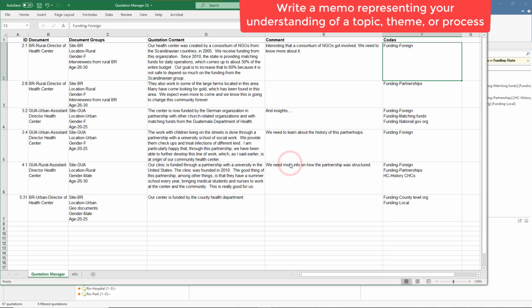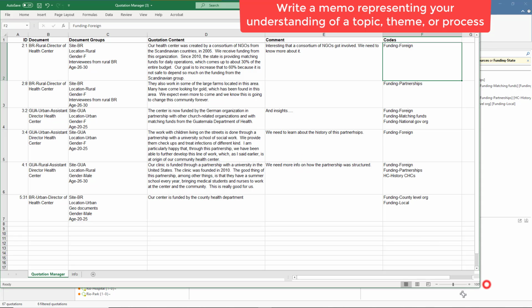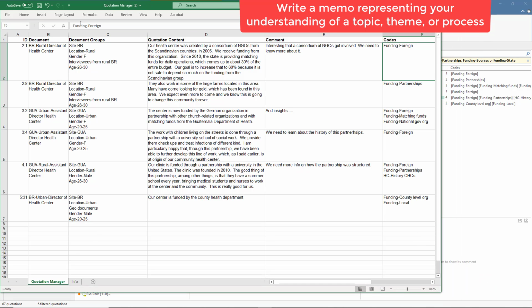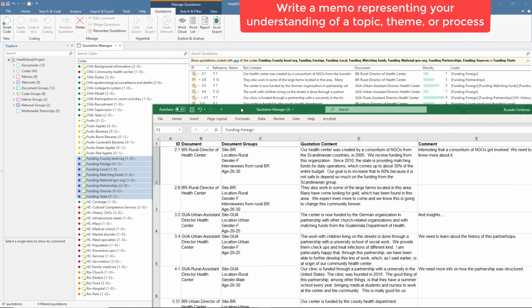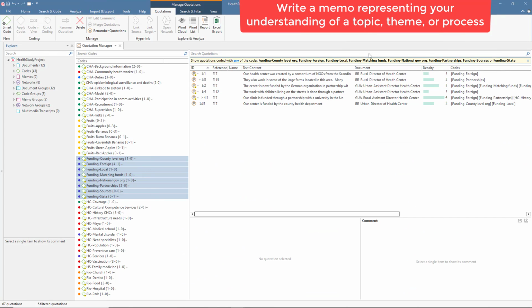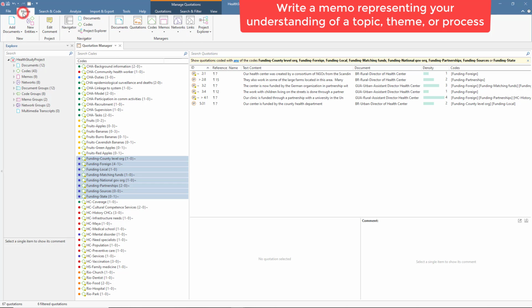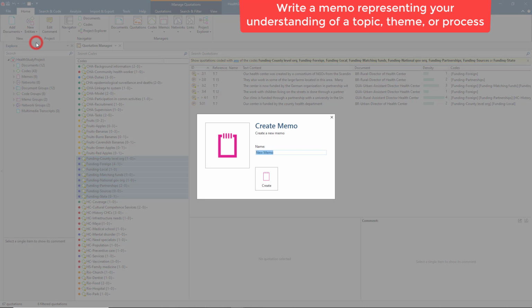start writing your memos, which is a narrative in which you represent your understanding of the data. Home, new entities, new memo. My understanding of funding